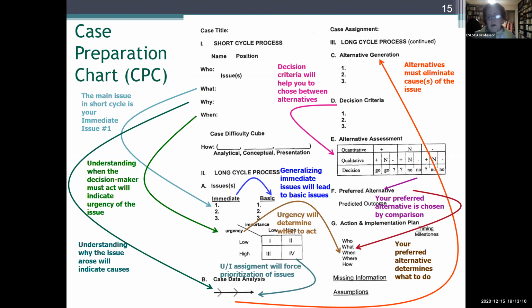For example, how can logic be poor? If they decided that the most urgent and important issue is quality, but they do the case data analysis about brand, this is a broken logic, because they just said we want to solve the issue of quality, but then they start doing case analysis for brand. Or if the alternatives they generate don't solve the issue, then it's another breaking of logic.